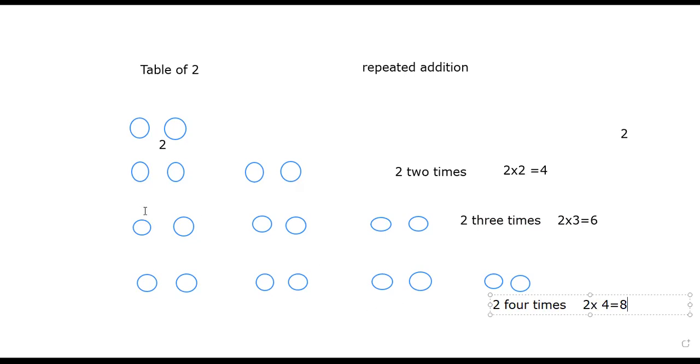We see how many groups we have made. कितने groups हैं हमारे पास? 2 groups हैं, 3 groups हैं, 4 groups हैं. Then कितनी balls के हैं? Like 2 का table है. This time we are doing the table of 2, so it is the ball. There are 2 balls. Okay. And how many times we are drawing the balls is shown by this number. Let me show you something else also. Just wait.